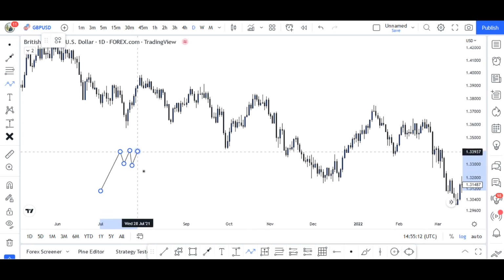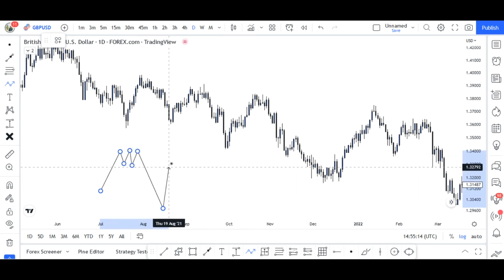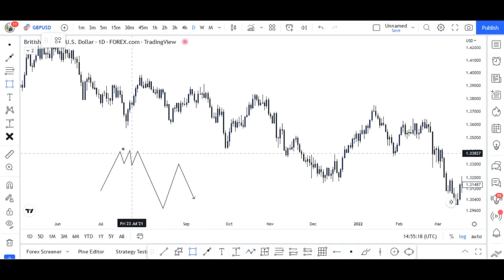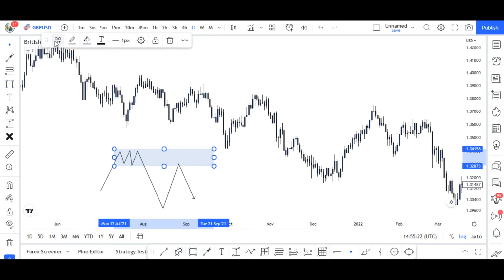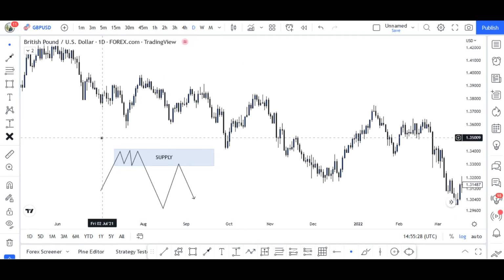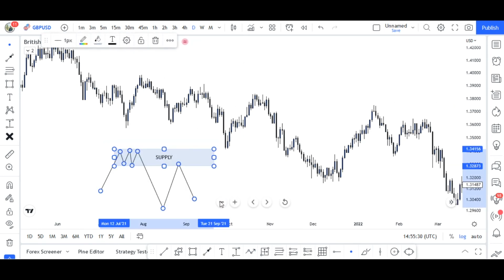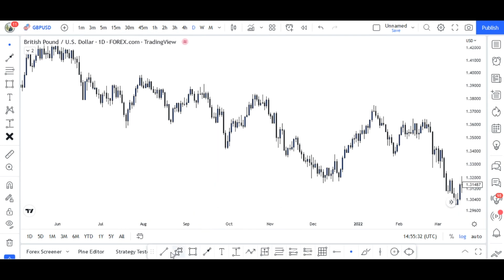And then we expect the market to come back into our consolidation and sell. Why? Because this place becomes our supply zone. So we have our supply here. From the example here, let me just clear this out. We can see that the market was moving in a bullish trend until we had this